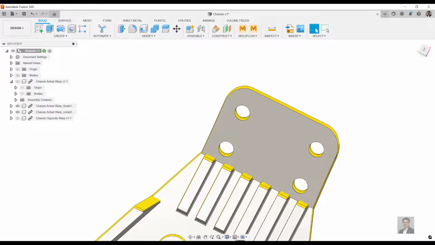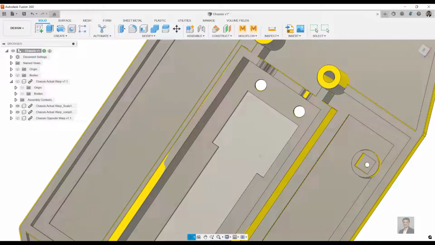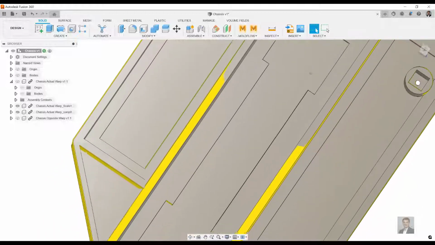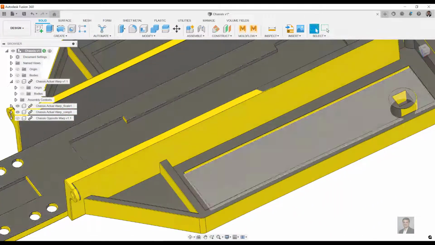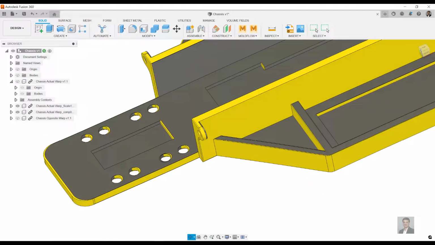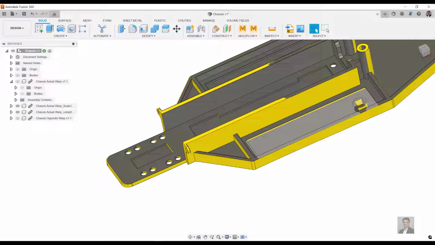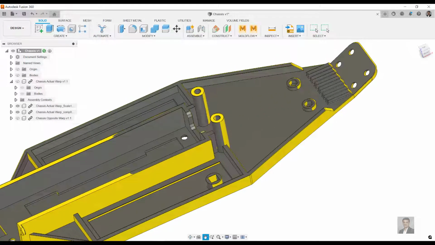So personally, I don't see a difference between the compensated one and the scaled one at this point. But if this had been in a centroid or the same coordinate system, then I would say that the compensated geometry is much closer to the actual part which will be getting out of the mold. So I leave it to you to take the call